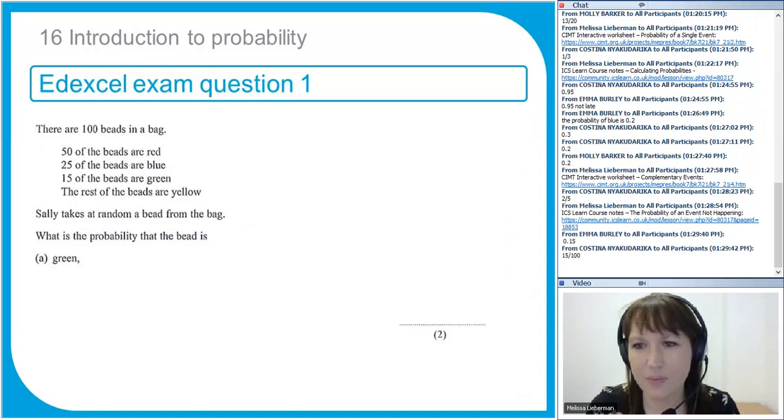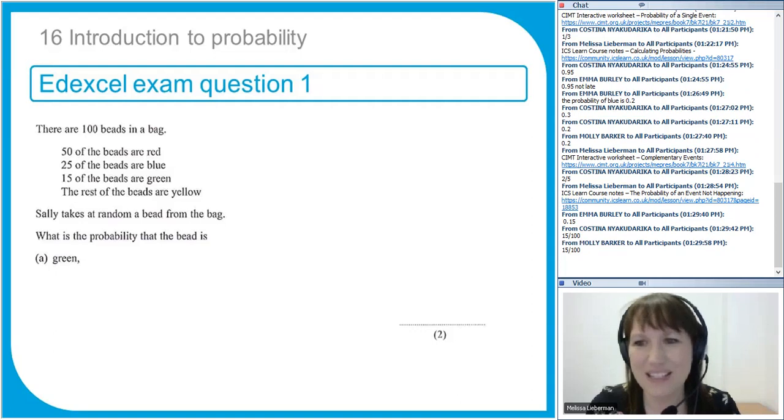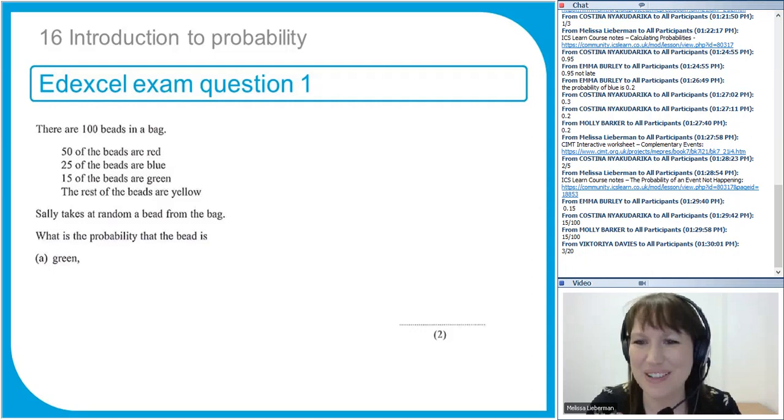Emma, you're putting it as a decimal, that's fine. Christina, you're doing it as a fraction, that's good. Either will be accepted, so that's fine. Anyone want to put anything different? There's one more way that you could perhaps write this down. Do it as a percentage, or you could cancel down the 15 over 100. That'd be fine. Brilliant, Victoria. Well done. That's the other possibility that I was looking for.